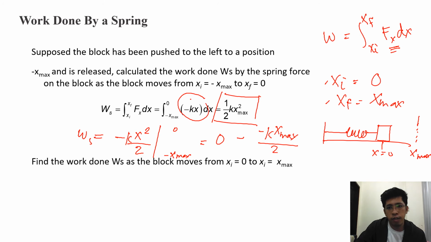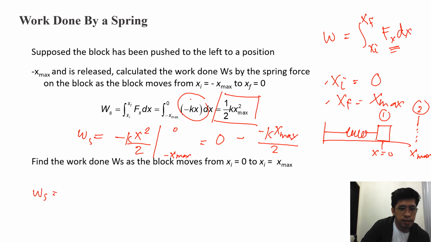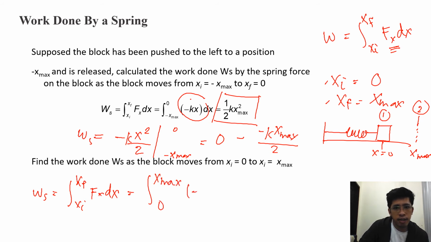So we're going to find the work done from this position here up to this point here. Okay, so it's the same process. You have your W_s is equal to the integral from x_i to x_f of your F(x) dx. So this is the integral from 0 to x max of negative kx dx. So evaluating the integral, you have your W_s is equal to negative kx squared